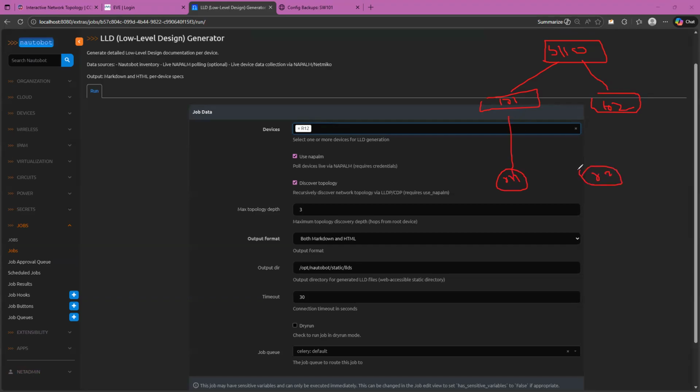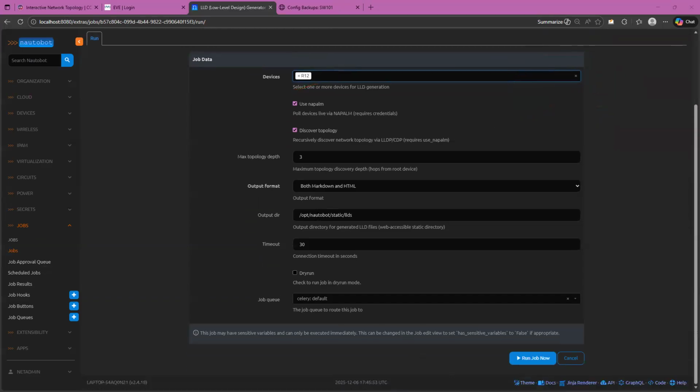And so many links are there like that. So what I have done, I selected this, and the rest of the automation will check. I have selected this device, and I'll click run this job.